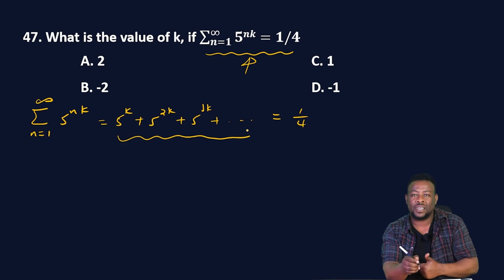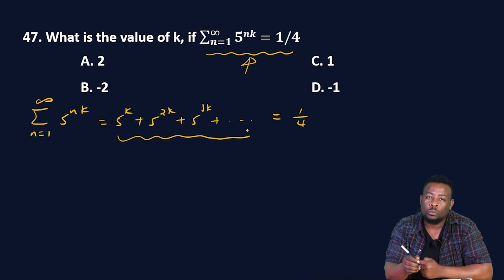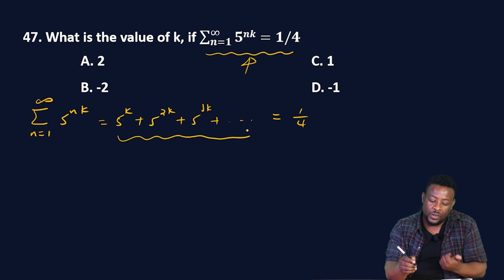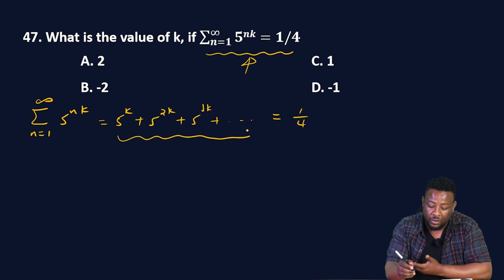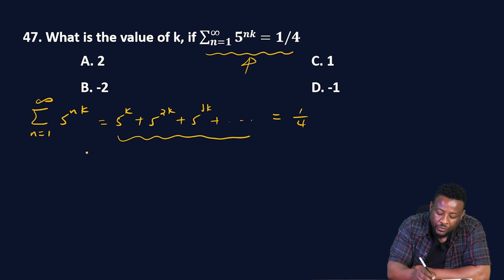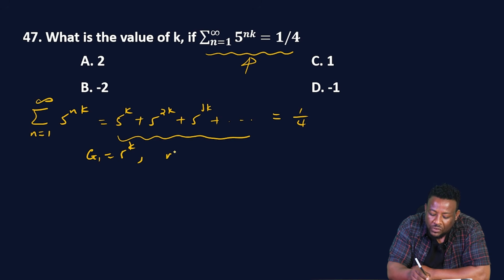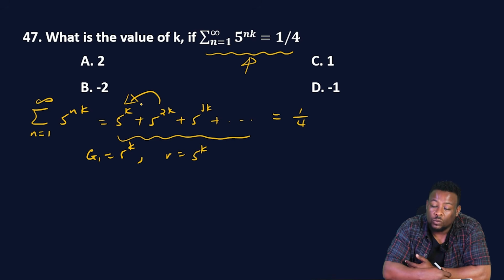Okay አሁን ይሄንን ሲሪስ ስናይ clearly this is a geometric series because the ratio between the second term over the first and the third term over the second are the same. Okay common ratio አለን። The first term is 5 the power of k and the common ratio is 5 the power of k። ይሄንን ለዚህ ማካፈል ትችላላችሁ፣ result 5 the power of k ነው የሚሆነው። So in this infinite geometric series first termችንም 5 the power of k ነው፣ common ratioችንም 5 the power of k ነው።